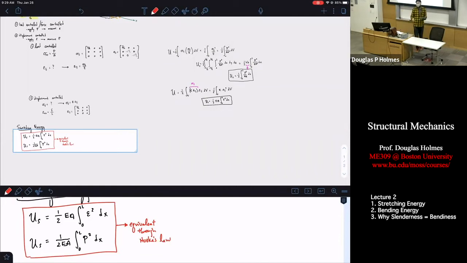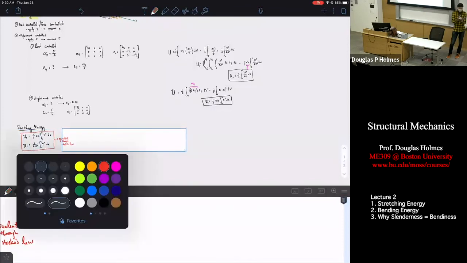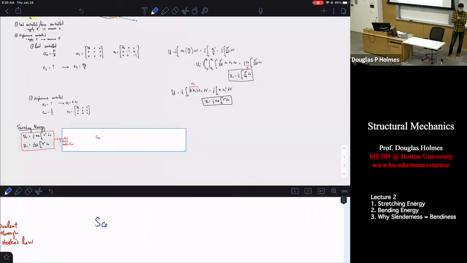Oftentimes, if you ever go off and do research in this area, or if you are talking to people who are more physics oriented than engineering oriented, they'll say, as an order of magnitude estimate, we can ignore those factors of 2, and we can say that our strain energy is going to scale as, and that's what this little squiggly tilde symbol means, it's going to scale as EA times the strain squared times length,